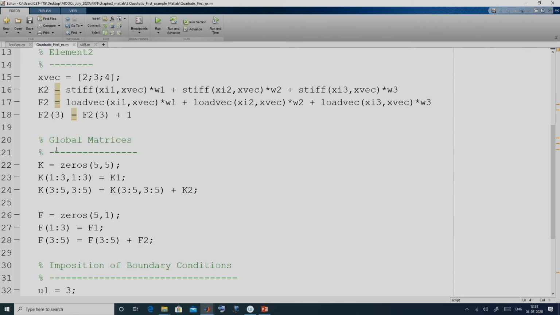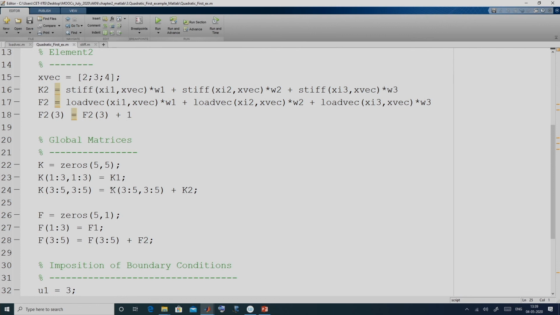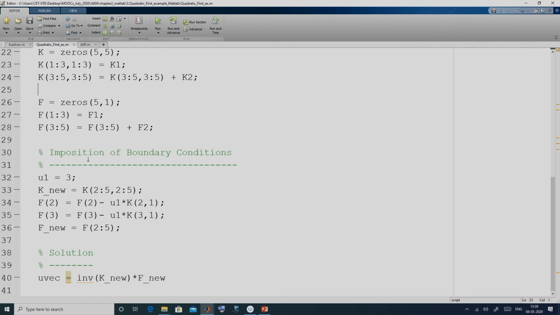Then we have learned in this part how to program the assembly. Here this addition is important. Then we have programmed the imposition of boundary condition for prescribed non-zero boundary condition, and finally we solve the reduced equation after imposing the boundary condition here in this step.